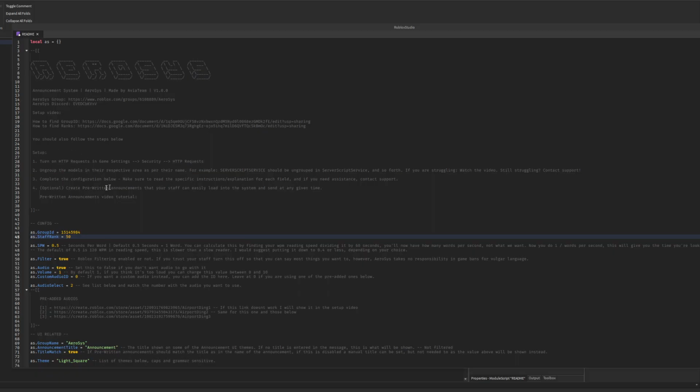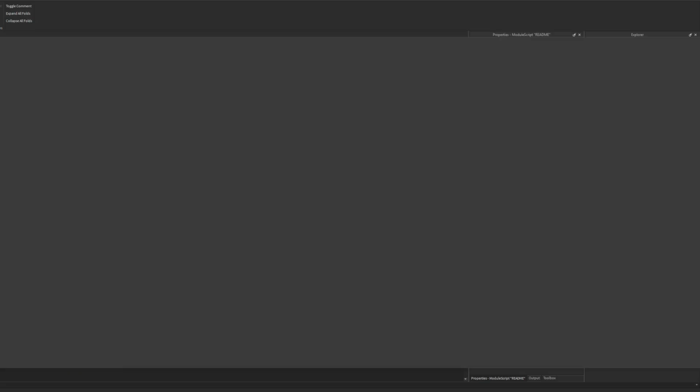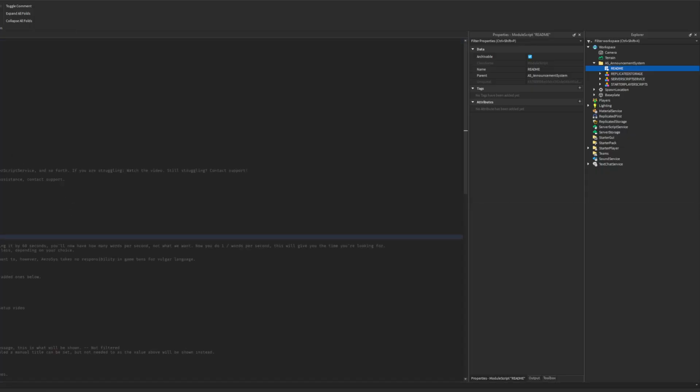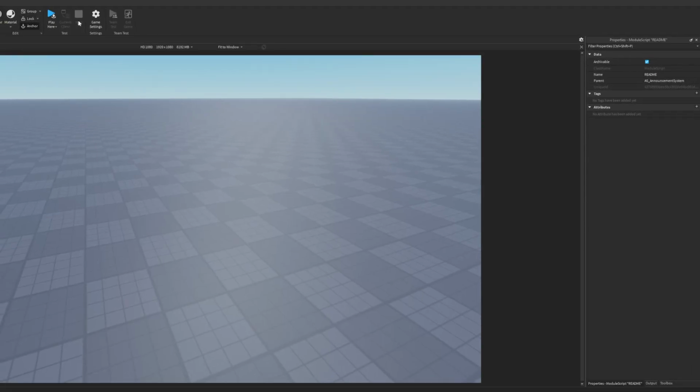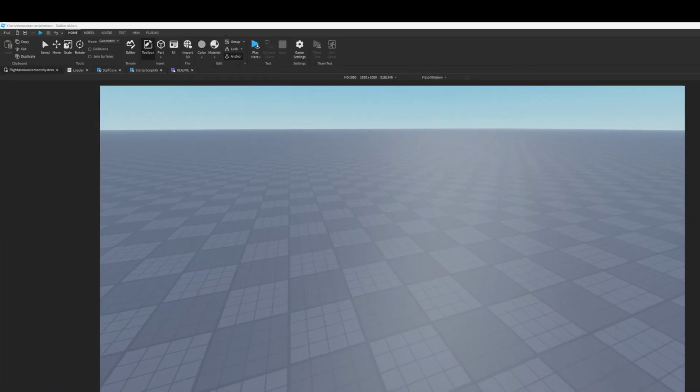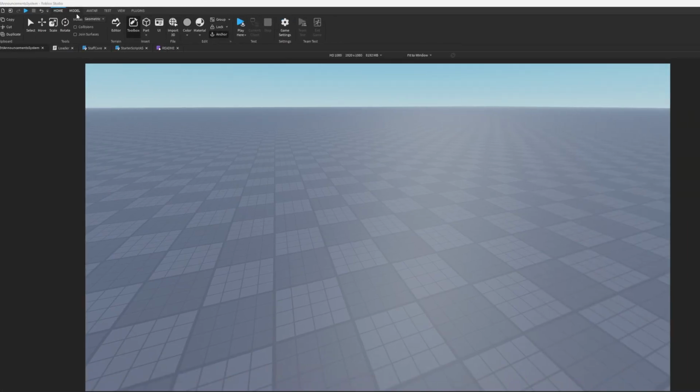Under here you have the steps, in which I assume you're either here because you couldn't be asked to read the steps, or you are struggling with the steps. So I'm going to help you with that right now. So first, turn on HTTP requests in game settings, security, and HTTP requests. So if we locate ourselves over to game settings over here, it is on the home bar here, home right here. Oh, I double click that. If you have it like this, just double click it and it should pop up